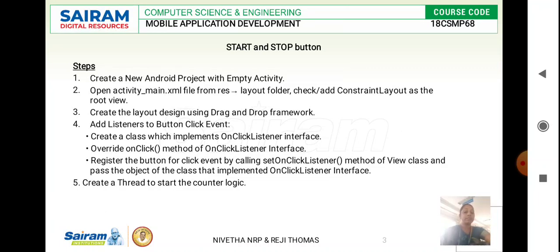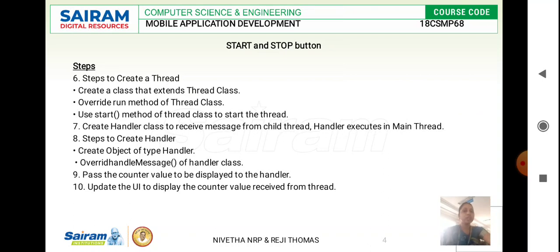Finally, the next step is that we have a thread where you use a counter. How do you use the counter here? You use a logic here: how you correlate your time on the counter, and we specify that logic by creating a thread. How do you create a thread here? By extending the Thread class. So you create an extra class that extends Thread, and then you will be running the threads so that you can implement a thread for the timer.